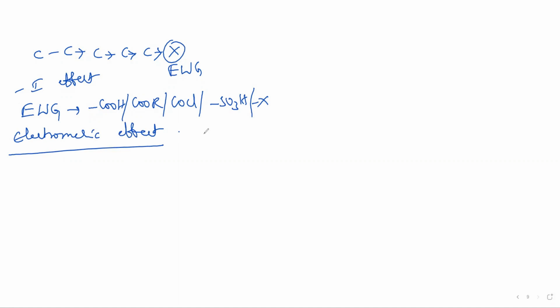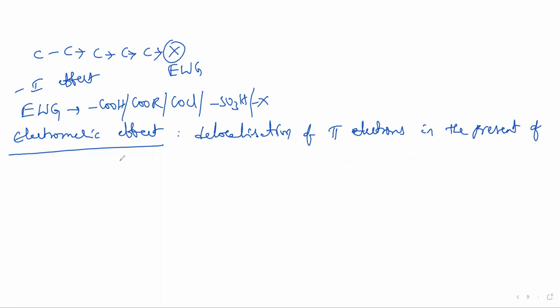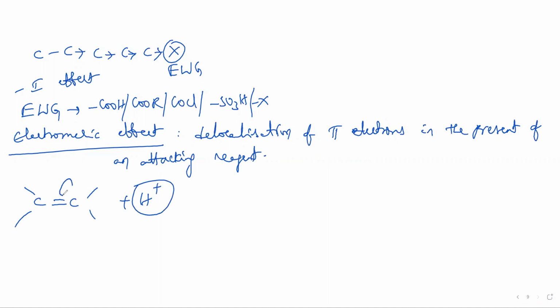Electromeric effect. Delocalization of pi electrons in the presence of an attacking reagent. Let us suppose C double bond C and H plus as the attacking reagent. What happens? These pi electrons will be shifted to the carbon. Then this carbon will take up that proton, forming a bond with hydrogen, and the other carbon gets a positive charge. In this case, this is what we call the plus E effect,